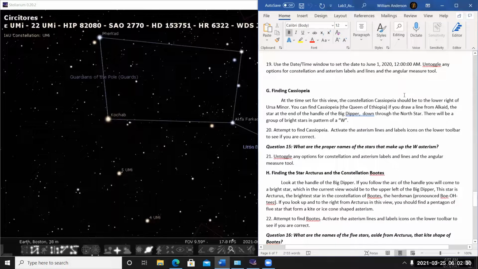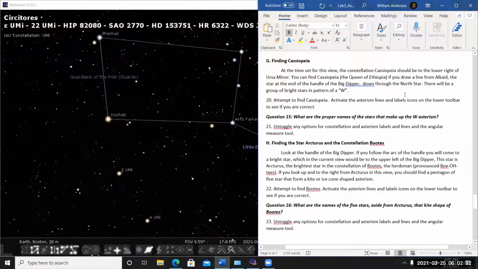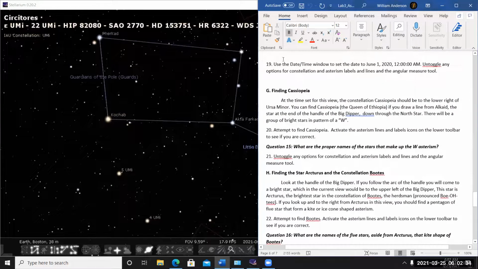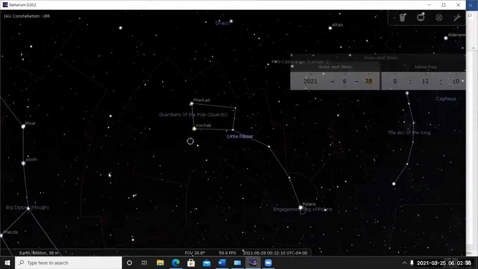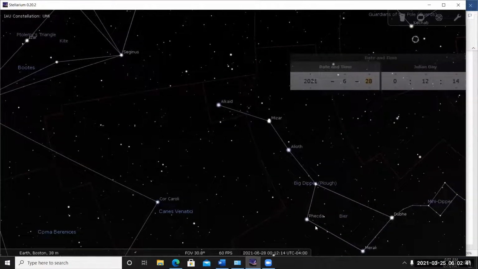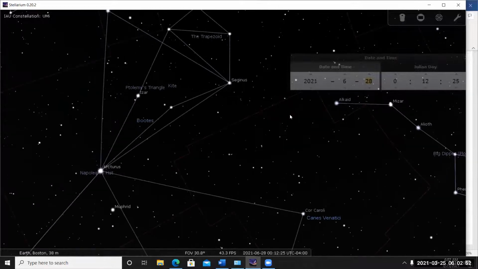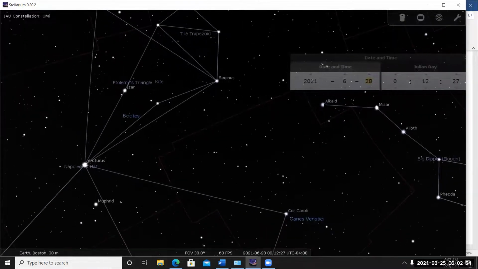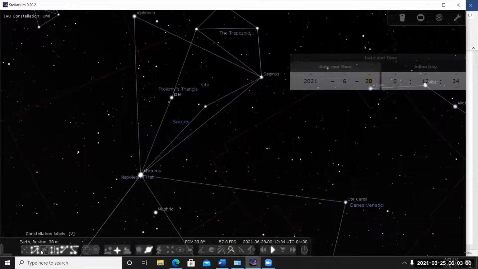Now, the Big Dipper can also be used to find a few other constellations. And again, this is illustrated in my notes on stars and constellations. You can arc or follow along this handle. So you go all the way out to Alkaid, and this leads all the way to the star Arcturus. So Arcturus, which is